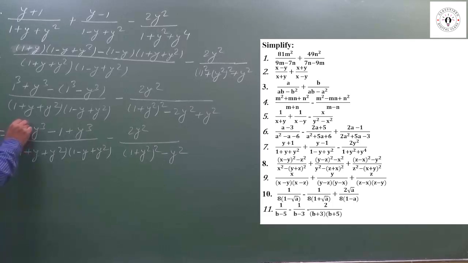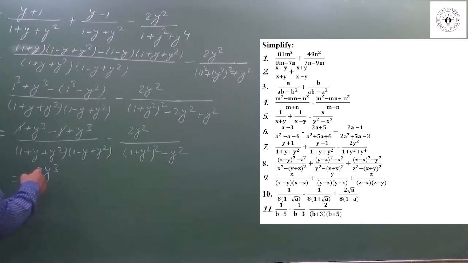Here plus 1 minus 1 cancel, plus 1 minus 1 cancel. So what is left? y cube plus y cube, 2 times y cube,